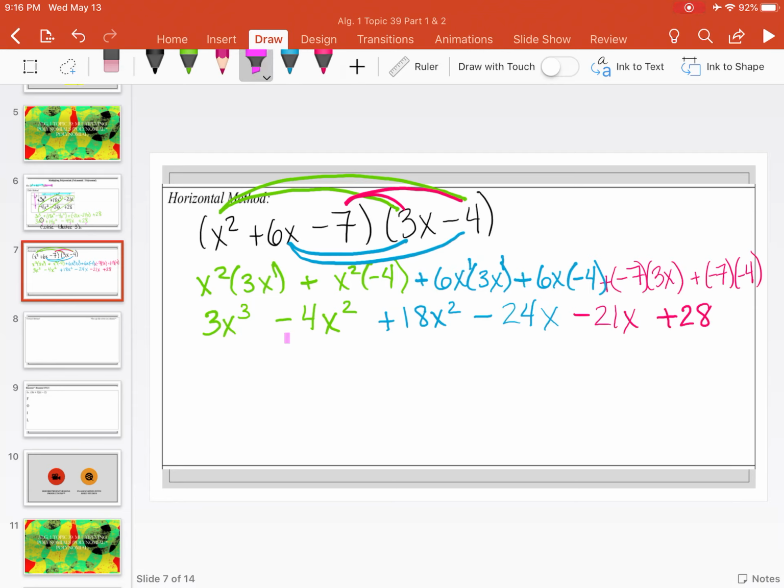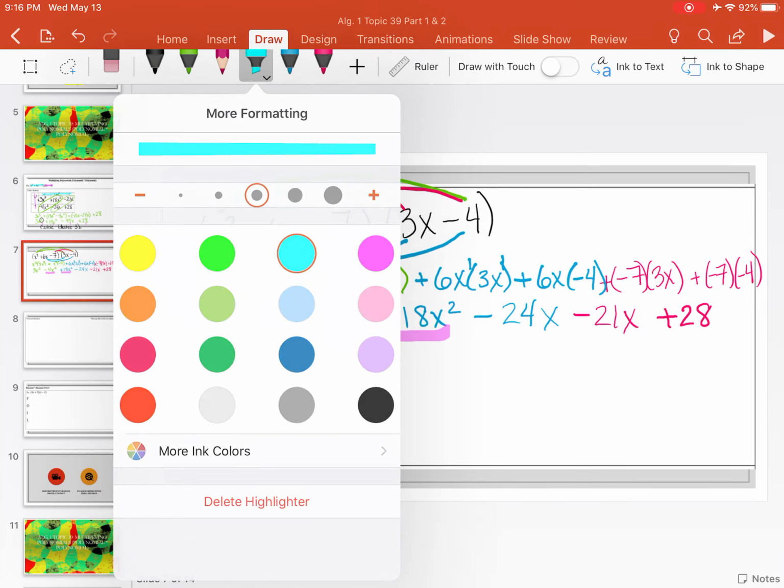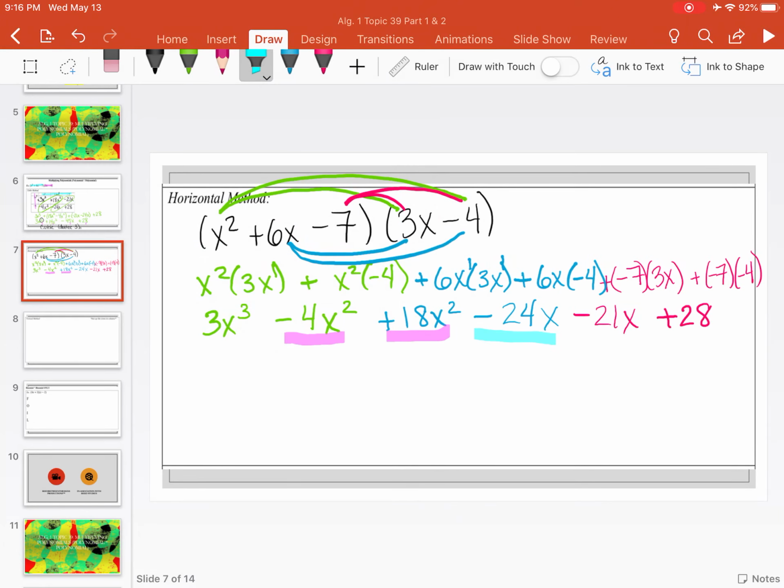So I see I have negative 4x squared and positive 18x squared. Again, same variable to the same degree, same power here. I also have negative 24x and negative 21x. My 3x cubed and my positive 28 don't have any other like terms, so I'm just going to leave them be. So I'm left with 3x cubed